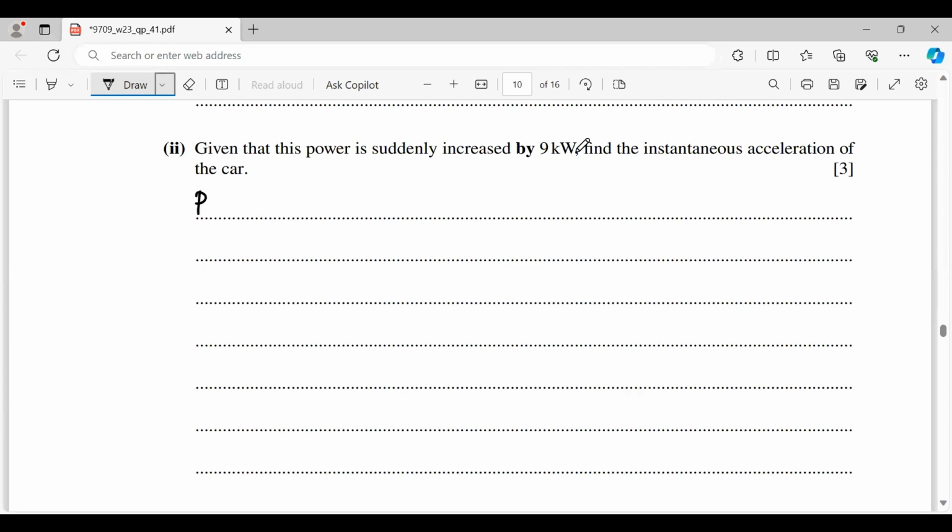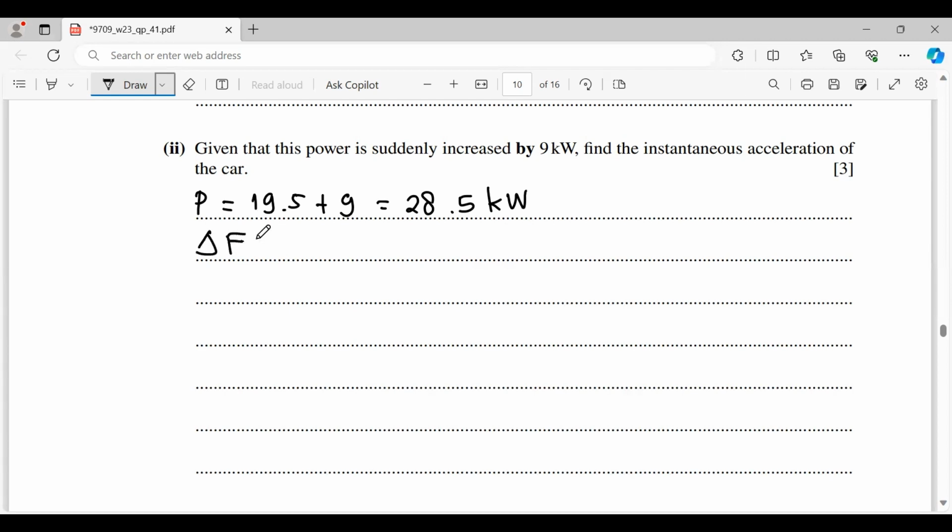If power suddenly increased by 9 kilowatts, it means total power equals 19.5 plus 9 kilowatts, being 28.5 kilowatts. Okay, as you know that